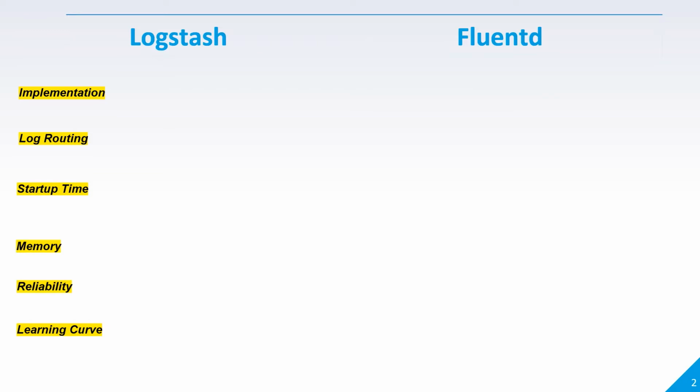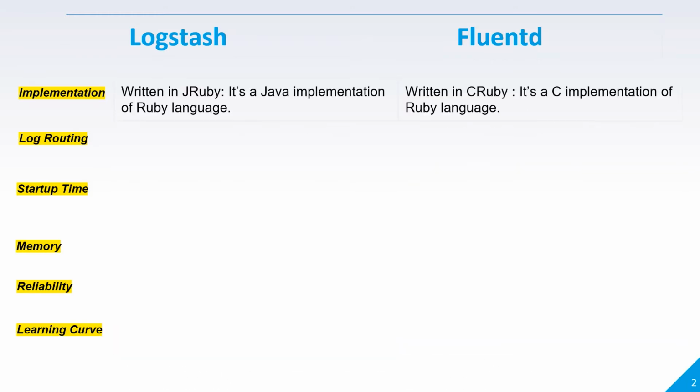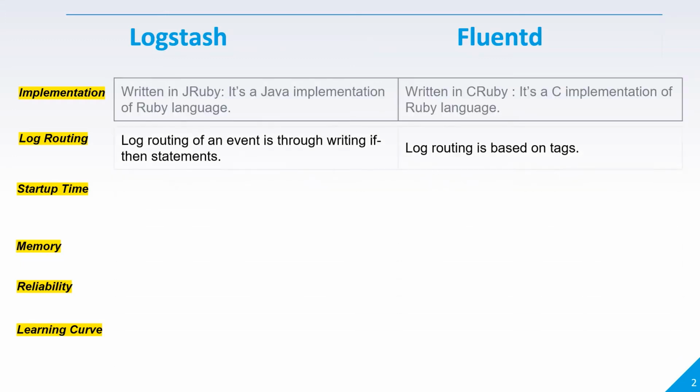and the learning curves. Okay, let's go to the first point, implementation. So Logstash is a Java implementation of Ruby language. In case of Fluentd, it's a C implementation of Ruby language. Log routing. In case of Logstash, it's through writing if-else statements, and in case of Fluentd, it's routing based on